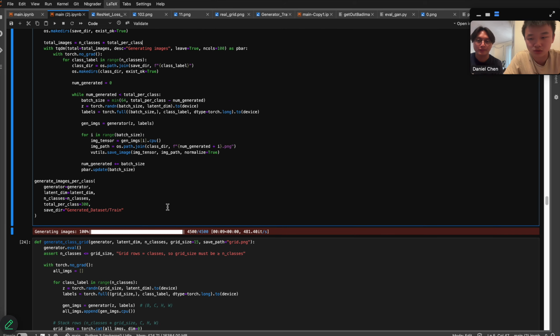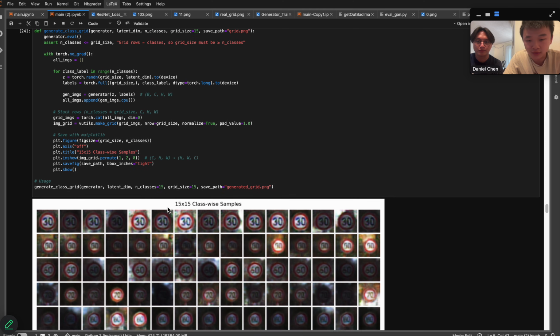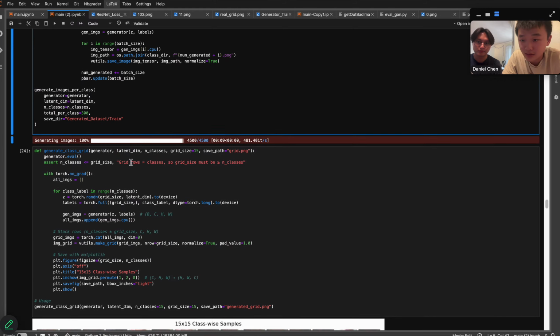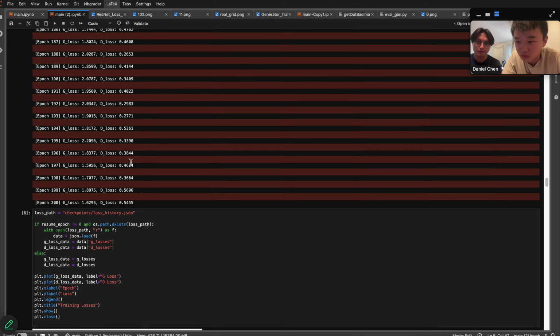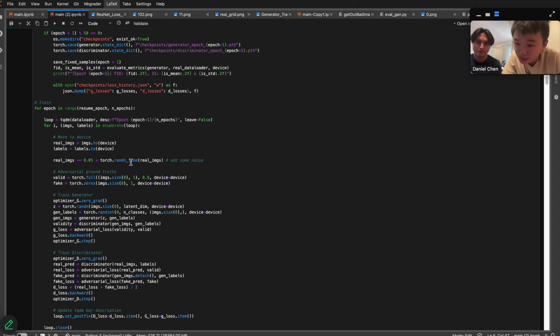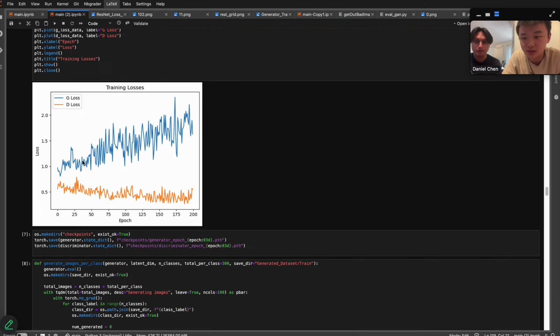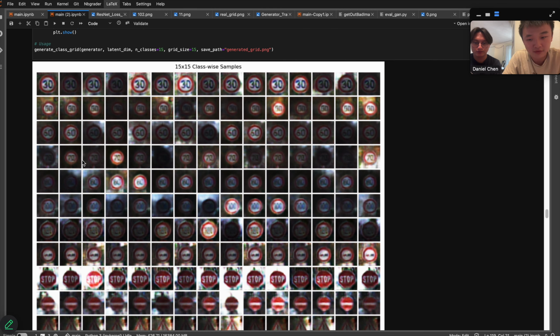We were originally having issues generating images that had variety in them, and we think that was because of mode collapse. The discriminator was basically memorizing what the real images were and always picking them, and that was not giving our generator any of the gradients it needed to improve. So we added some noise in our training, which I will show you right here. Adding some noise there helped a lot. It's just a tiny bit of Gaussian noise added to the real images every time it loops through,